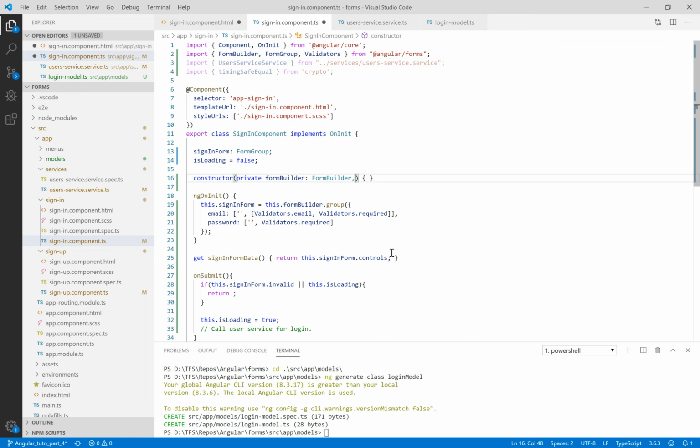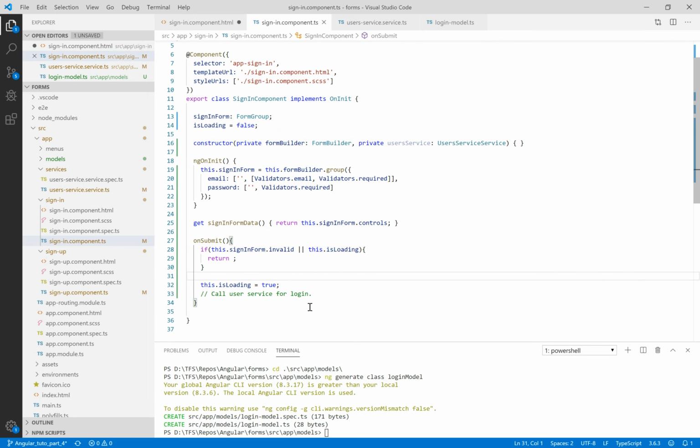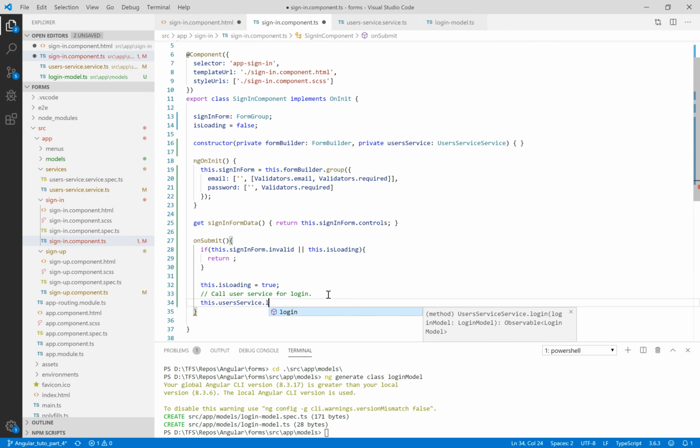And let's inject it in the constructor like a private service. So private userService type of UserService. And in the onSubmit, let's call this service in order to make login. this.userService.login, and here we pass this.signInForm.value,